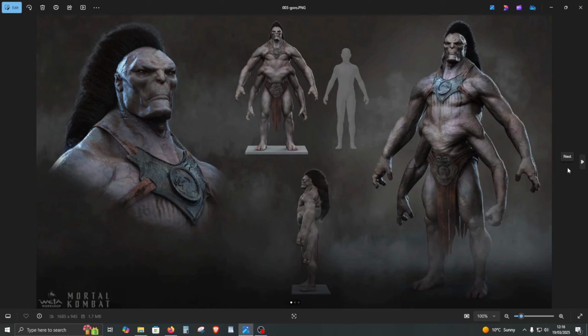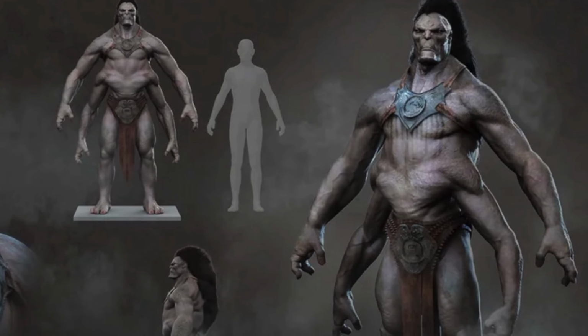Now this Goro probably looks the most normal out of the lot, but he does not look normal. Look at the one on the very right, or the one at the top. What is going on? It's like there's a normal man, and then there's another man stuck in...